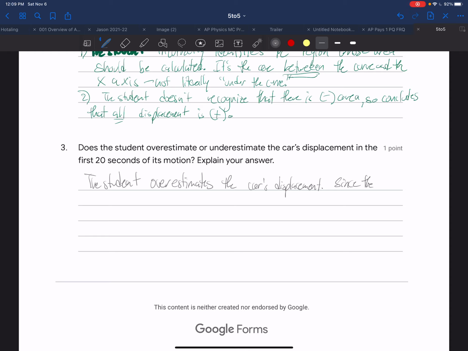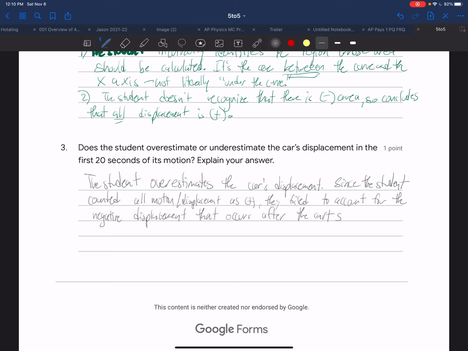Since the student counted all motion displacement as positive, they failed to account for the negative displacement that occurs after the cart stops and reverses direction